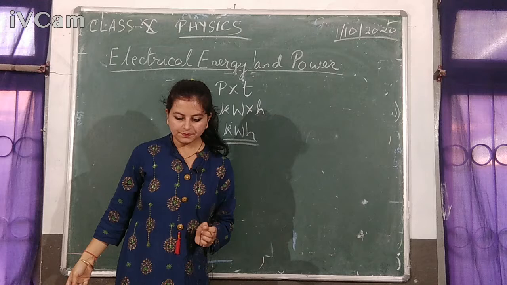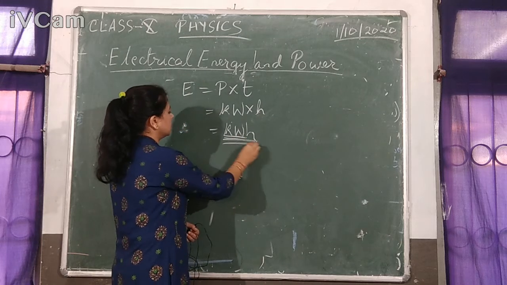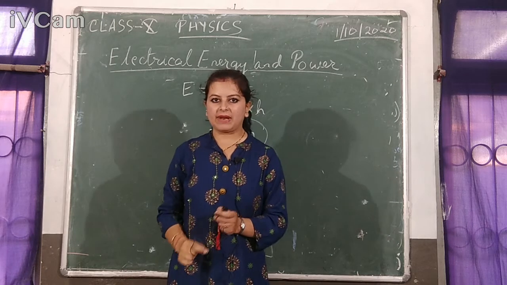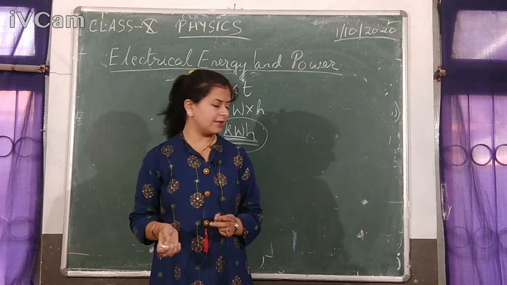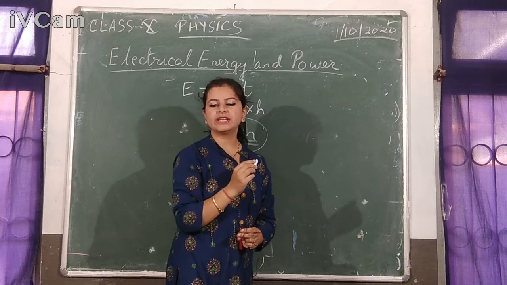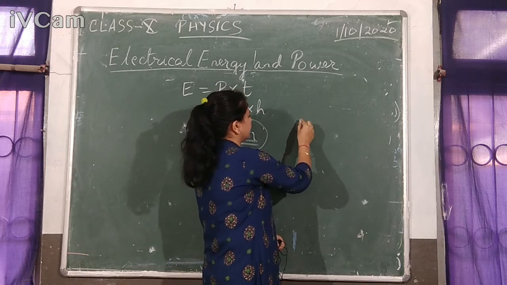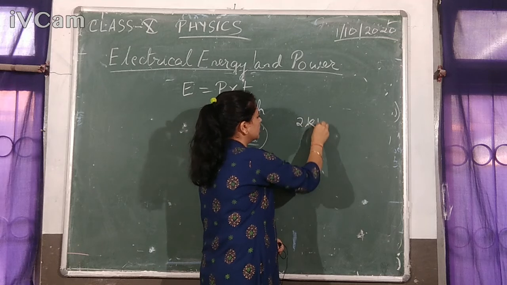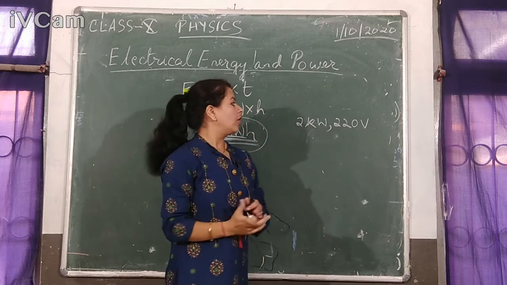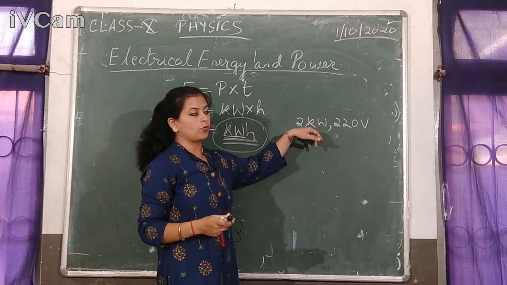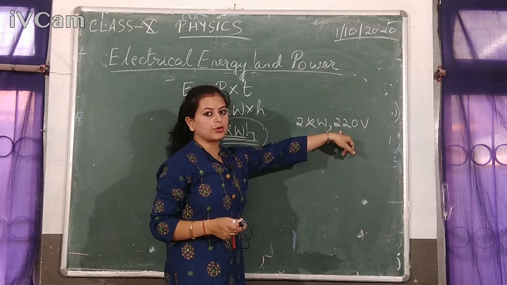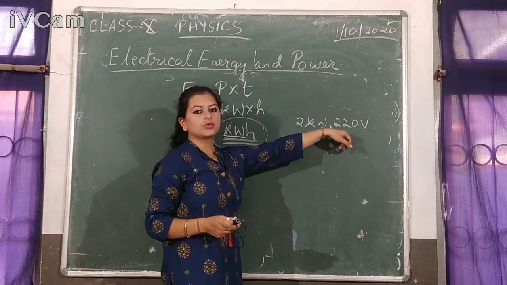All right, now the energy consumed can be easily calculated by the ratings on the appliances. Okay, if you have a look at the appliances carefully, you will see there are certain ratings written on it. The rating will be for the power and the voltage supply. Like suppose you have a geyser having rating 2 kilowatt, 220 volt. It means that on putting this geyser on for 1 hour, the power consumed will be 2 kilowatt and it operates at a voltage of 220 volt. The supply at your homes is 220 volt.